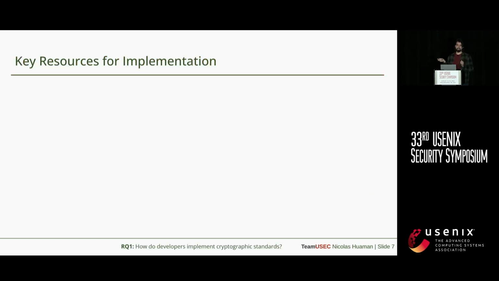But let's start with key resources that developers use for implementations. First of all, as you already heard in the talk 2 talks ago, they use reference implementations a lot. They mainly use them for overview, according to what they told us. So in order to not have to fully read and understand the 160 pages I previously mentioned, actually, but they use them a lot.